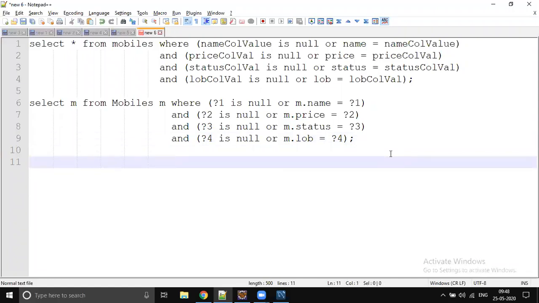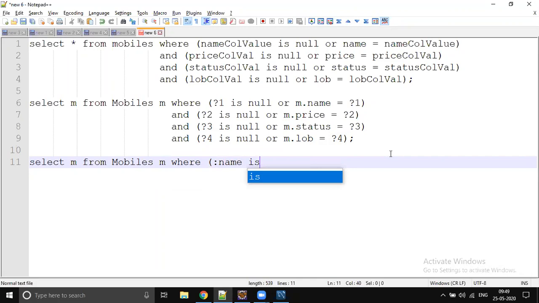Instead of going with the placeholders, if you would like to go with named parameters, where we can get better readability, let's implement the named parameters model. So mobiles m, it's almost the same query. Where, instead of using question mark, we'll put colon, right?